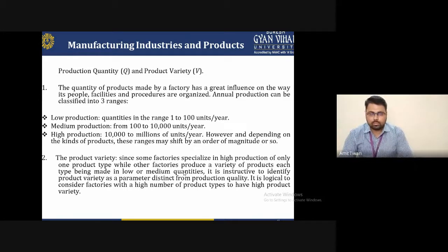Now the question arises: production quality and product variety are most important to understand for better quality products to sell. If you increase the number of varieties, there may be a chance that product quality will decrease, because as you increase the number of varieties, it may or may not survive, depending on the customer review. Does the customer want this product in the market or not?